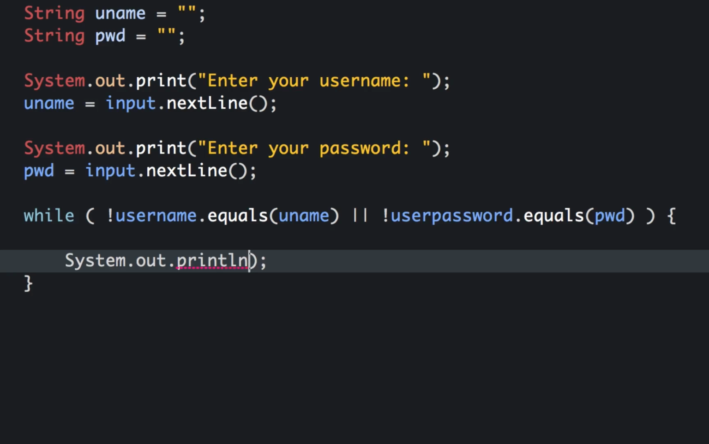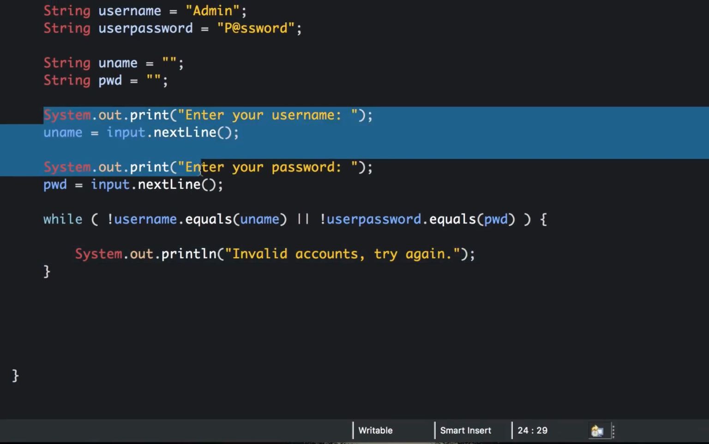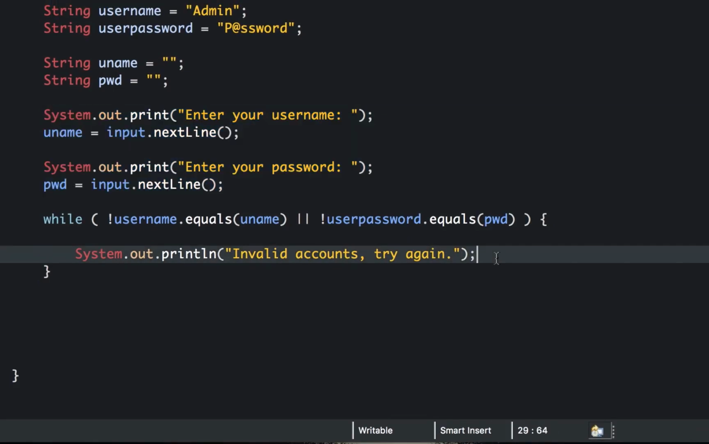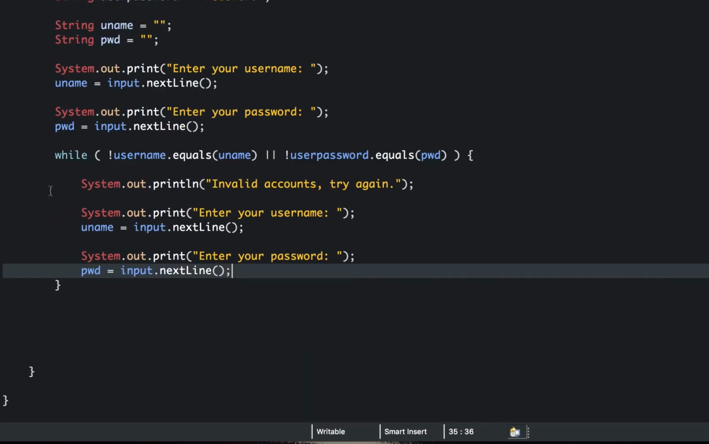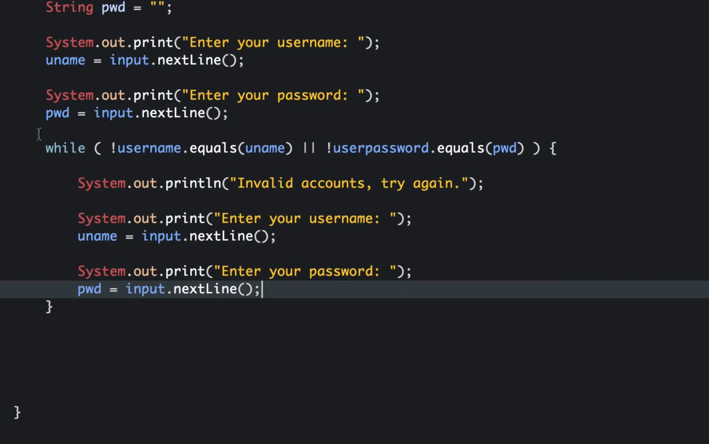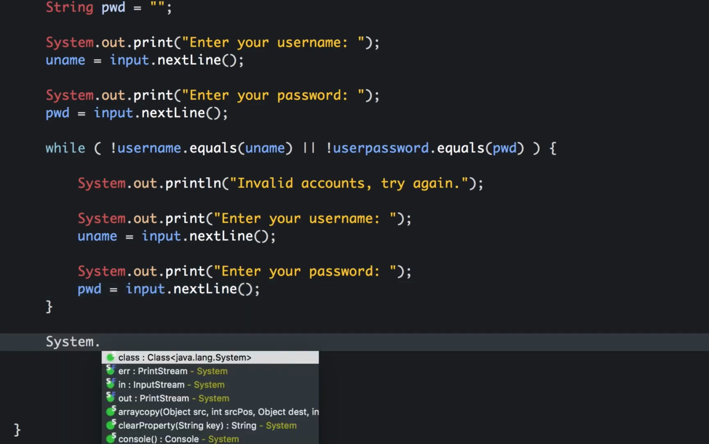let's print a message, invalid accounts, try again. So try again means the user needs to enter again the username and password. So let's copy this code and put it in the body of the while. Okay, so here's the whole while. But if the condition now becomes false, it means that the username now equals to uname